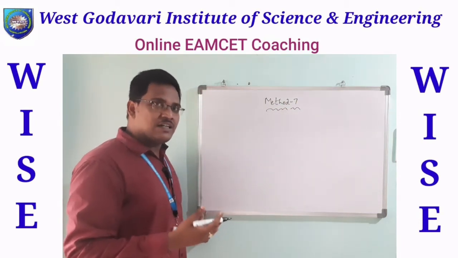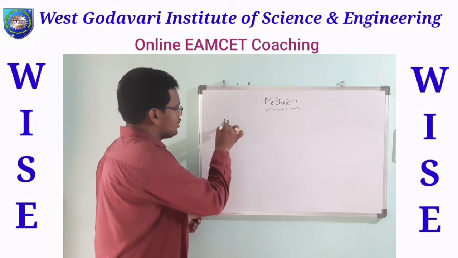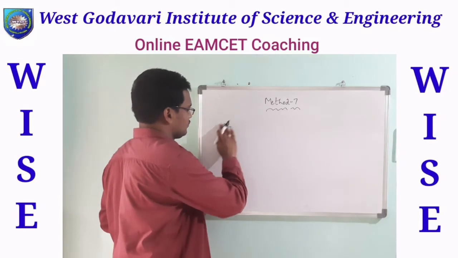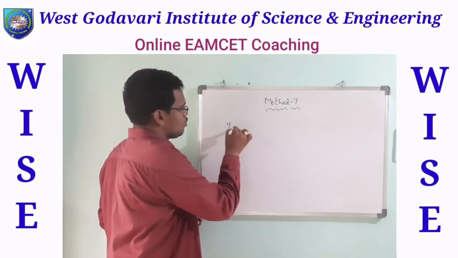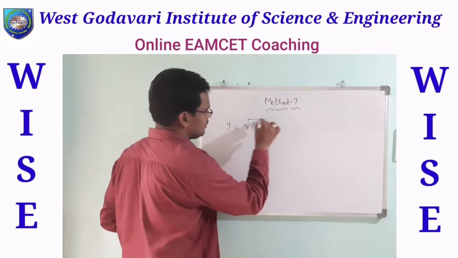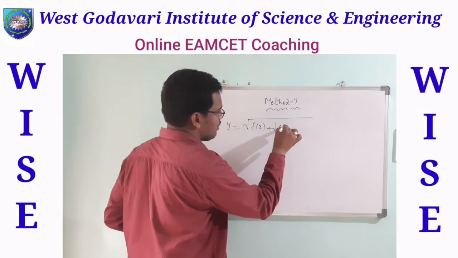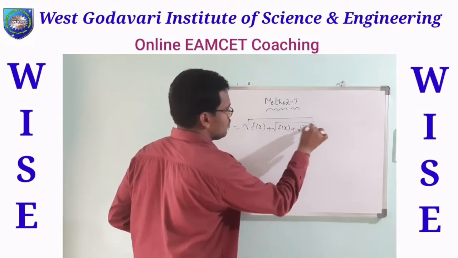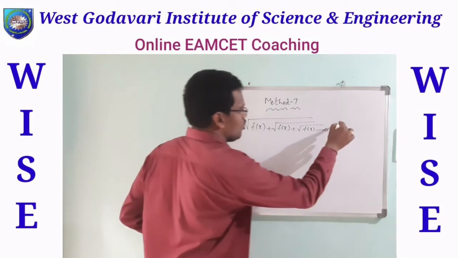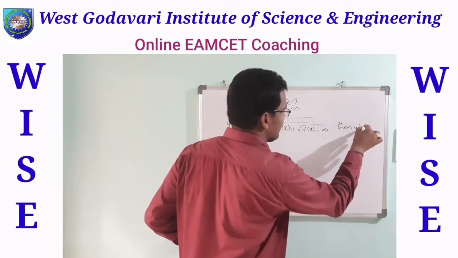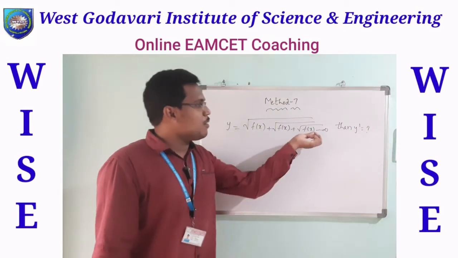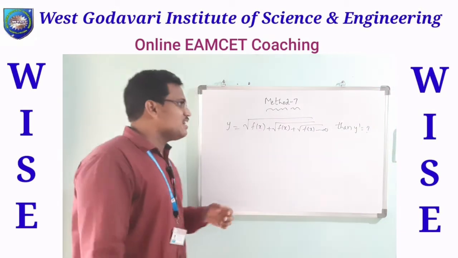So in method 7, the differentiation form is also an infinite series. That is, suppose y is equal to square root of f of x plus square root of f of x plus square root of f of x and so on to infinity. Then y dash becomes... So whenever the given problem is in the form of an infinite series, then we can simply find the